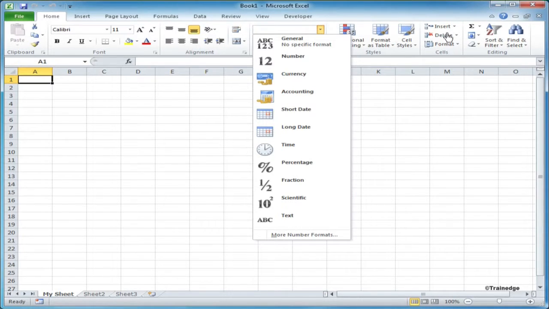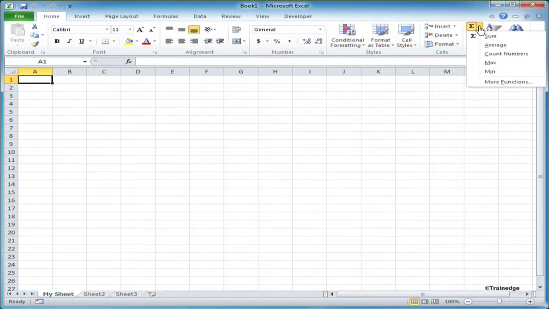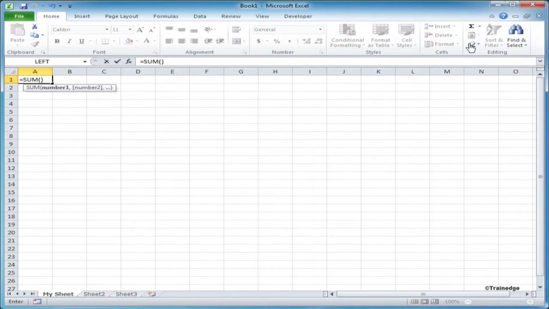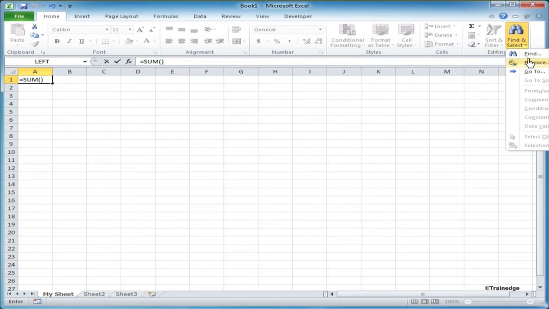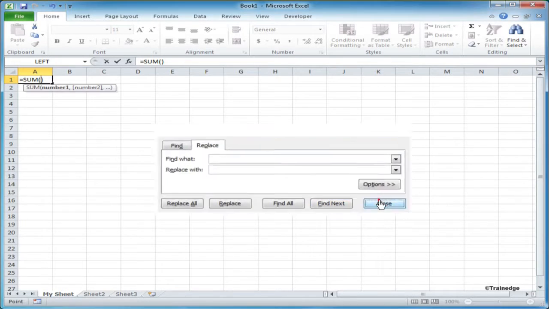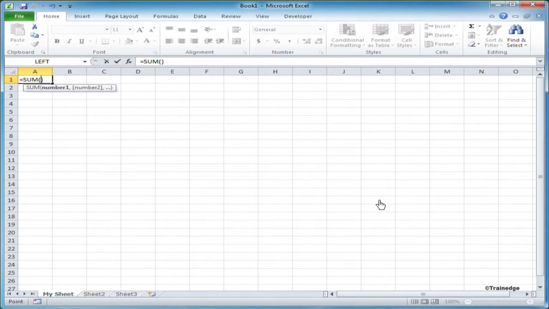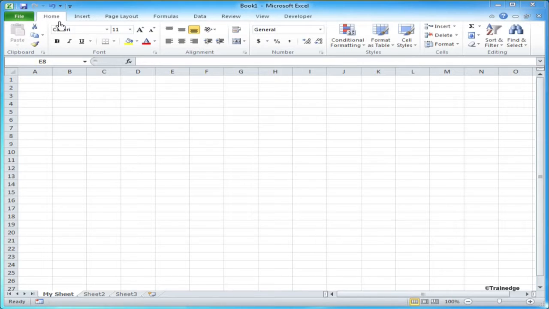The ribbon is dynamic. As the width of the ribbon changes, the appearance of the commands on the ribbon also changes. A command might be displayed on the ribbon in the form of a large button, a small label button or a list entry. As the width of the ribbon decreases, the size, shape and presence of buttons on the ribbon adapt to the available space. Each tab in the ribbon contains tools and commands for working with your worksheet. Let us click on each tab to see what you can do with it.